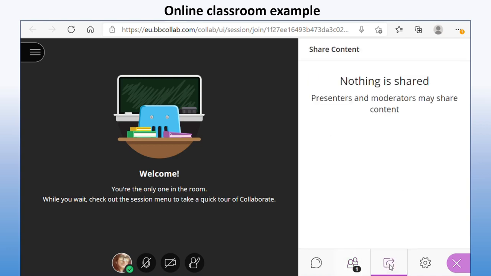Moving along, you've got this square with the arrow, and this is where, if your lecturer has approved for you to be able to share anything, you can share your screen or share any files. So if you've gone into group work, which I'll tell you about in a moment, and you've created something called a whiteboard, you could do that from this screen using this button. It will give you a list down here with share a file, share your screen, share a whiteboard, and that